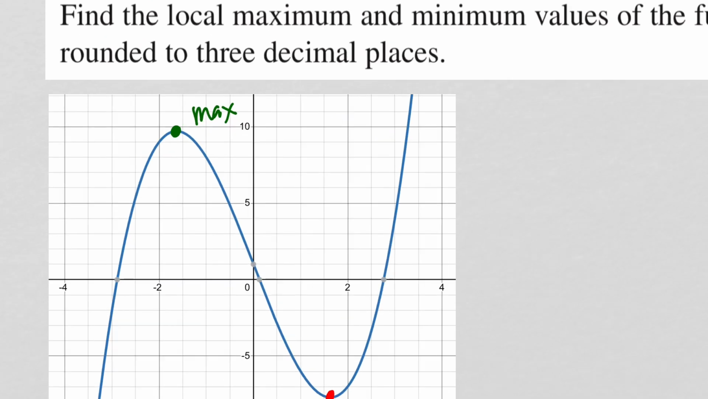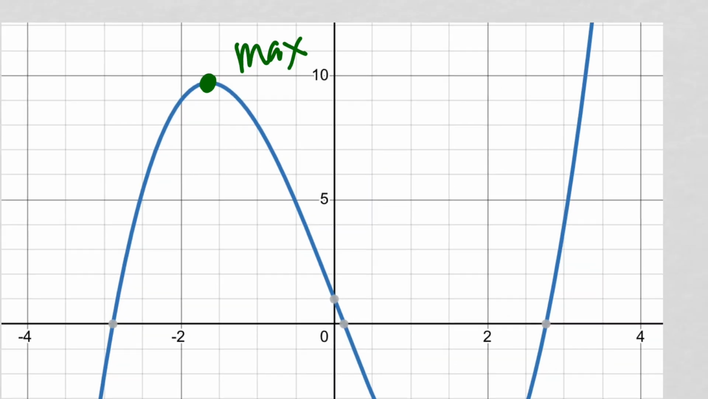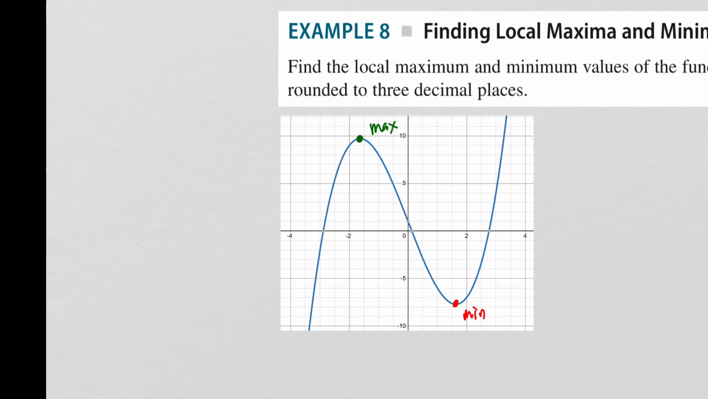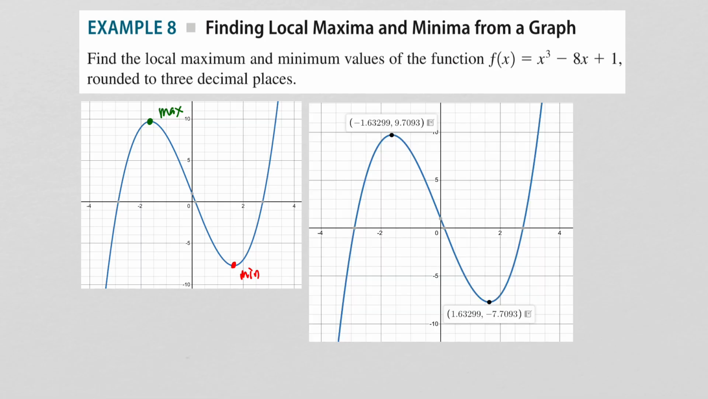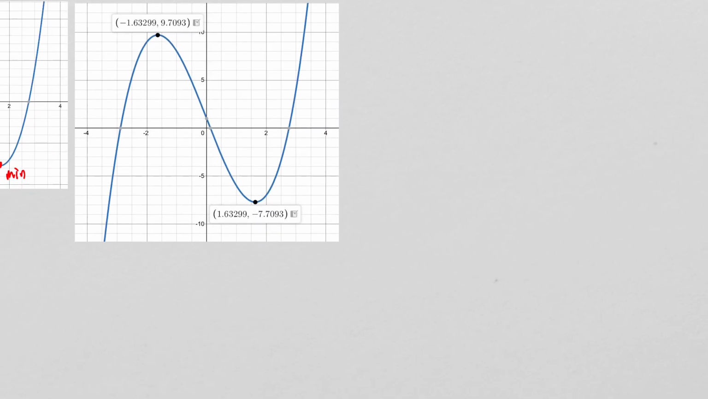But if you zoom in a little bit, you can see that it's not really easy to see exactly what this value is. So what I'm going to do here is use the graphing calculator to give me a little more information about those 2 points. So now here is the same graph, but now I have information about those 2 points. So what are the local maximum and minimum values of this graph? Well, now I can say the local max